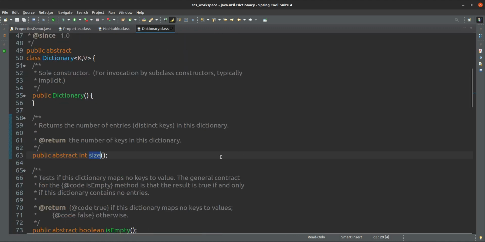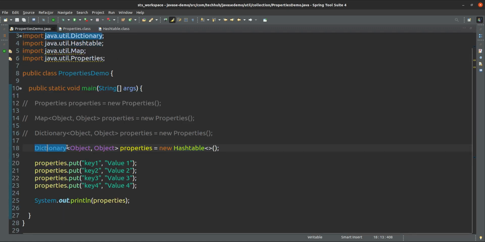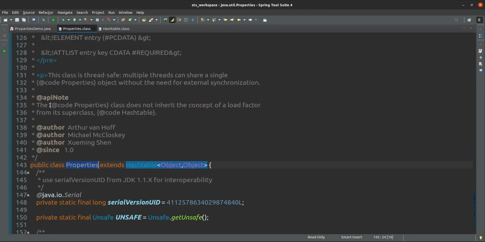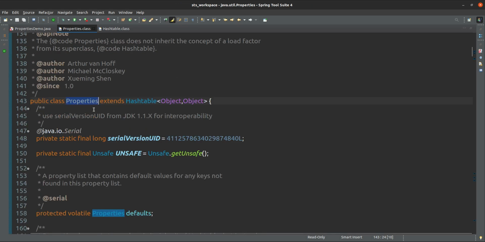Size will return how many elements are there. Or if you want to use property, that is also fine, because property is again a subtype of hash table only, and hash table and properties both implement dictionary and map only. That is fine, but that is legacy.